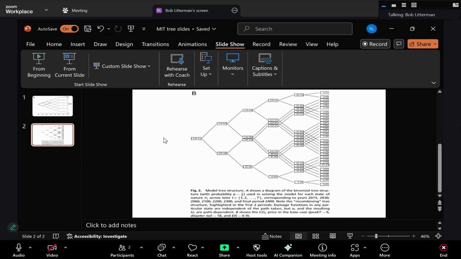Now, I should say that there's a lot of parameters going on here that we play with, but what we're showing is what we call the base case, which is where we've tried to push everything as far toward a lower price as we thought was reasonable. My colleague Gernot has redone this analysis with what he thinks are more realistic parameters, and he gets a much higher price, about double what we show here. But it's really the pattern that I want to focus on and what's going on.